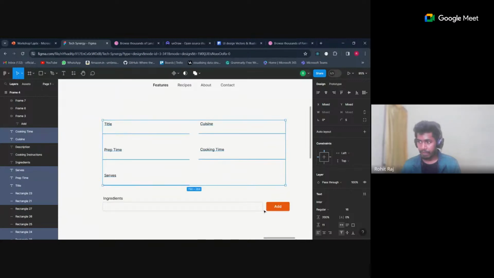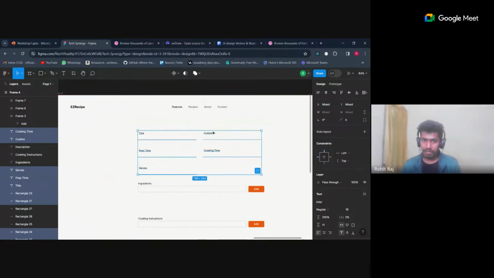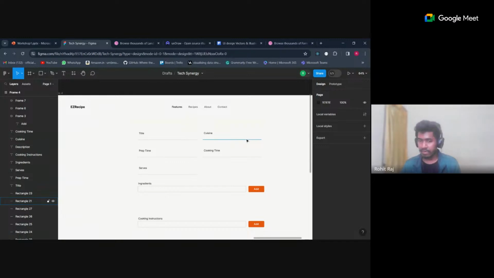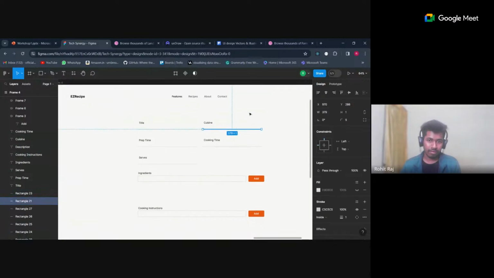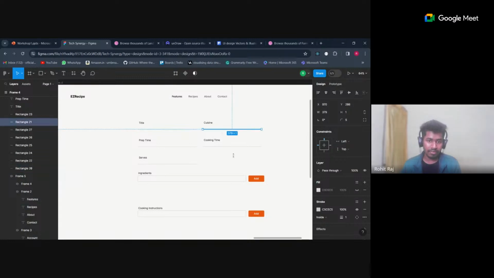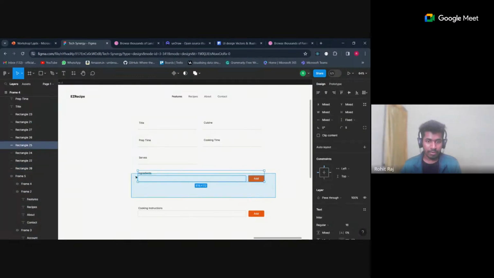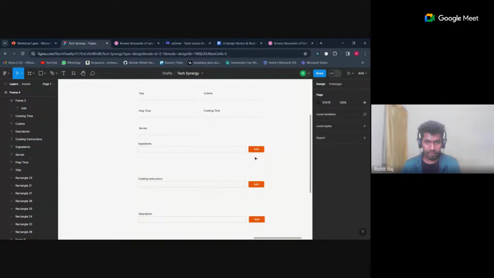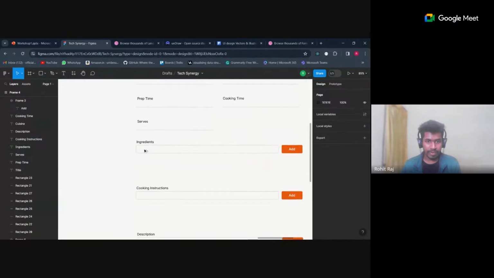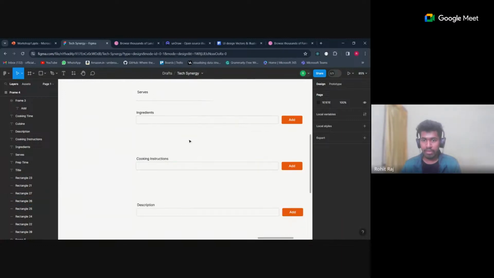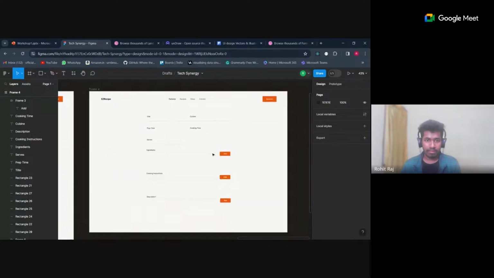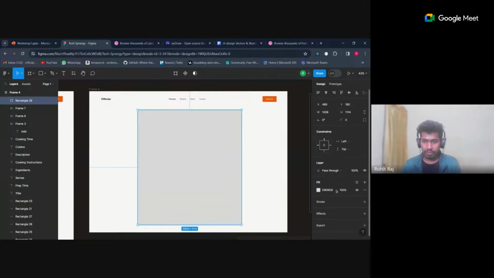Can I say that? Because this is sort of one-line data that we are entering, I would say short text, and this is going to be the long text. So I've left spaces over here so that if the user enters a very long ingredient with the quantity or a very long cooking instruction, we have ample space over here to reflect it. Okay, so these are the choices that you make while designing a form. I would give it a border real quick, get rid of the background color, stroke,